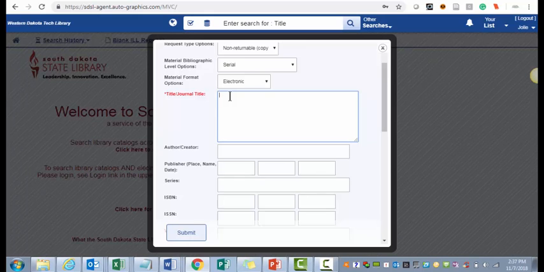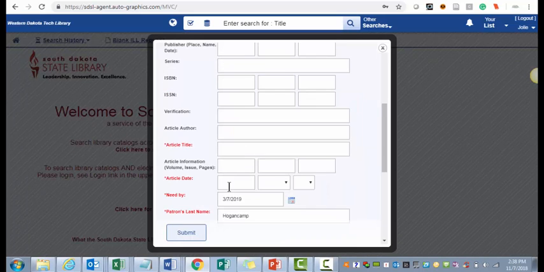If you found an article that just gives you an abstract and not full text, and that's why you need to request it, or if you found it through Google or Google Scholar, and again you just found an abstract, not a full text, what I would do is paste it into the field here and remove all the data that you don't need. You're not going to need the retrieve from, but you will need other parts of it. So right here, first off, this is the author, so you want to cut that out of there